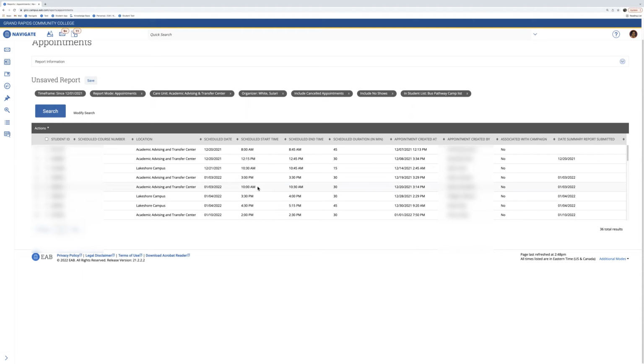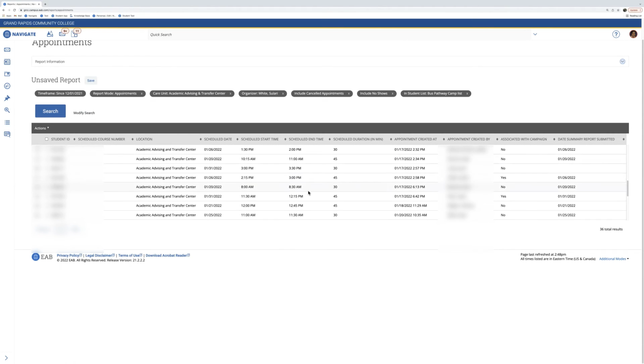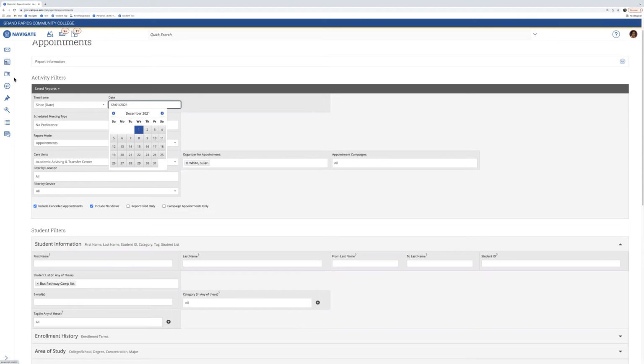So one thing I want to point out here is that these can contain duplicates, if a student has multiple appointments with you within that time frame. And this is why it's important to set the start and end time frame appropriately. In fact, I'll go back to modify search here. I'm going to make sure that these are a part of the campaign. So I'm going to go all the way back here and look at her campaigns